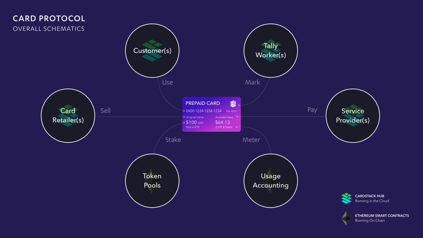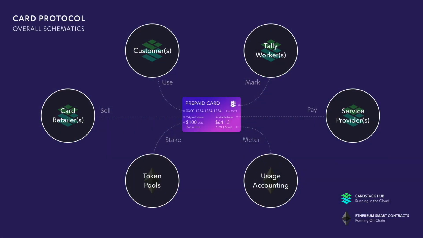And we have designed the Cardstack Hub so that it contains all the code, modules, and functionality for the customer, tally worker, service provider, and card retailer to do the work. So most of what we're talking about here, 4/6 or 2/3 of it, is running in the Cardstack Hub. And that's why we spent so much time designing the backend Cardstack Hub, so that it can interact with a fairly narrow set of capabilities that we're going to put on chain and still achieve the prepaid card and other types of derivations of that.